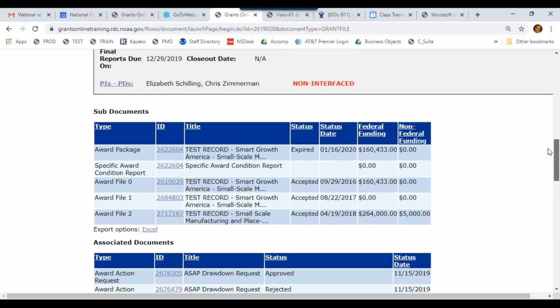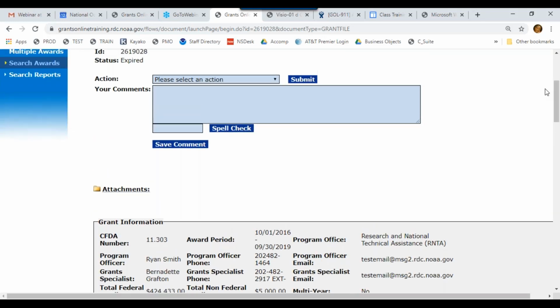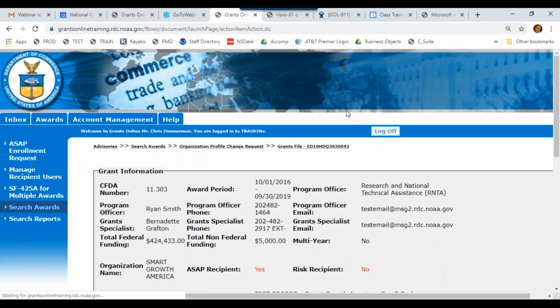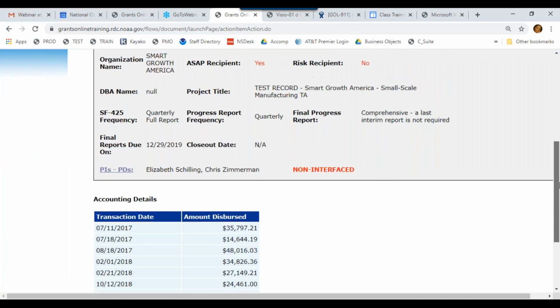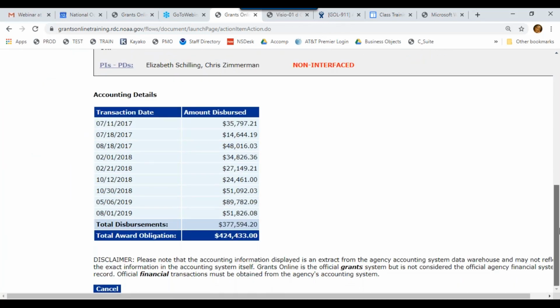How much does the... let's look at the accounting details. The same accounting details. Okay. So according to the snapshot of this particular award, they have drawn down $377,594.20, and the total award obligation is